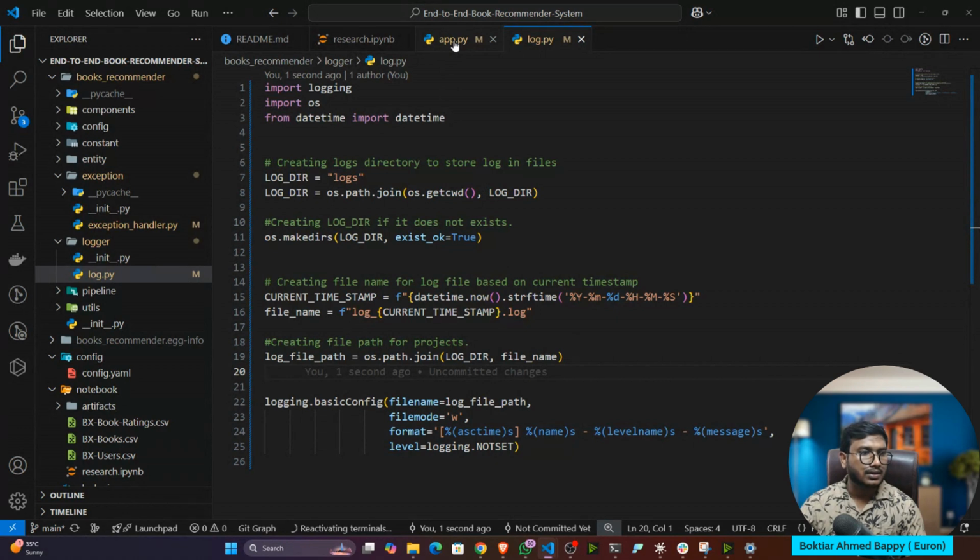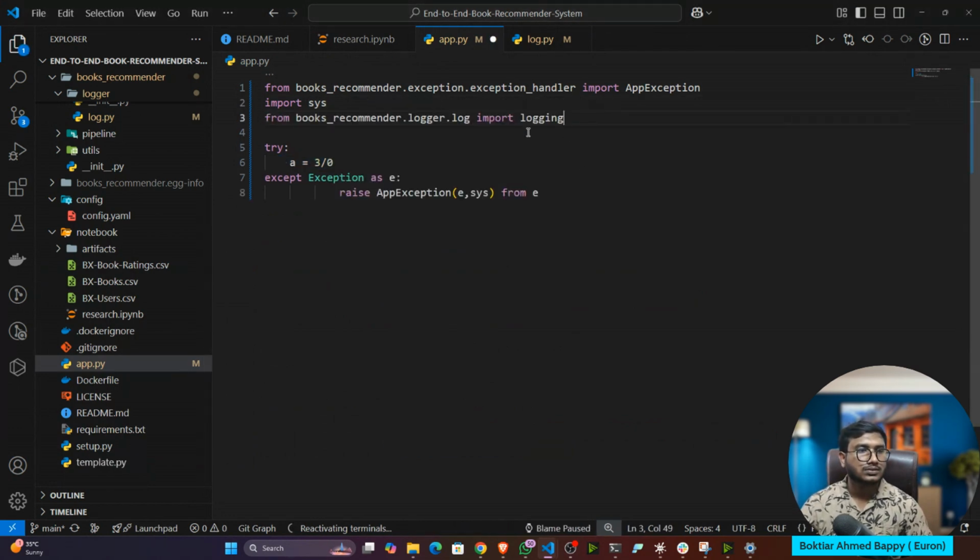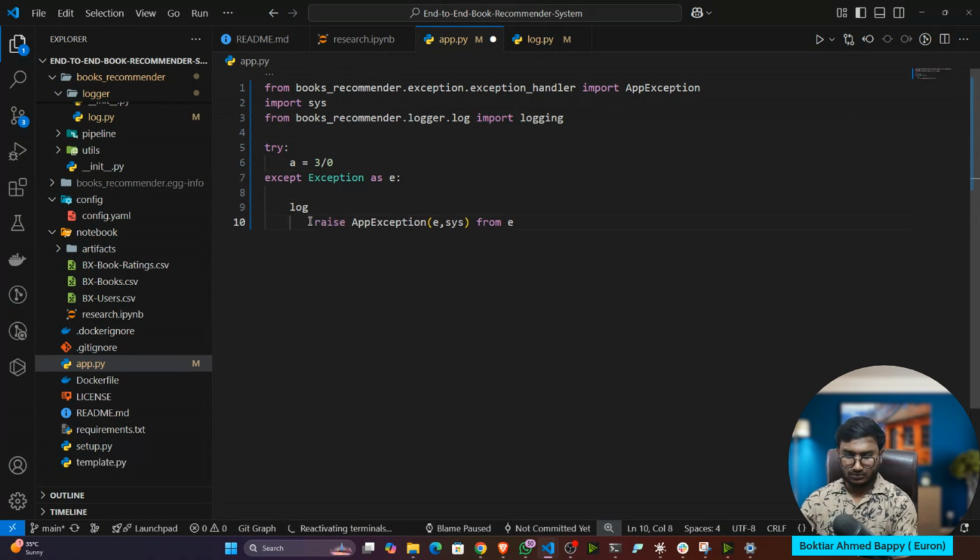Now let me show you what I'm trying to say. First of all, I'll import the logging. So from book recommender, I'll import the logging. And here I'll just write logging.info.